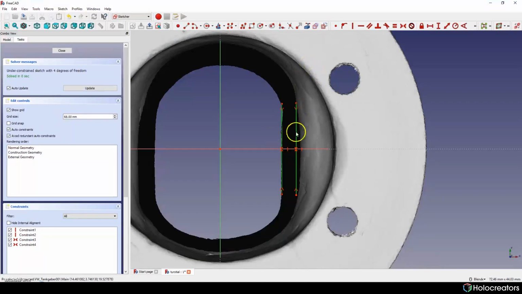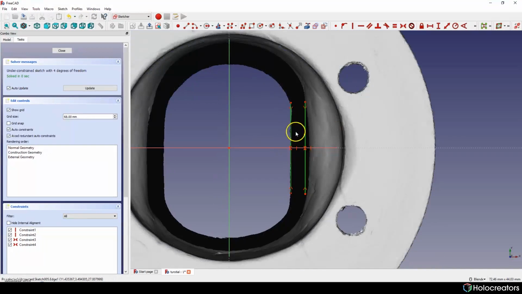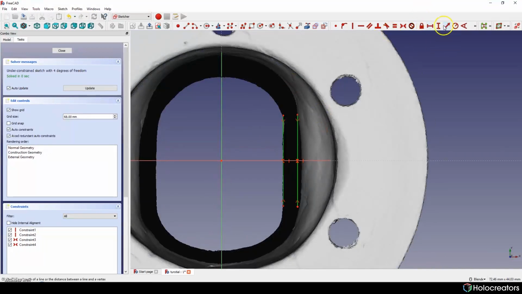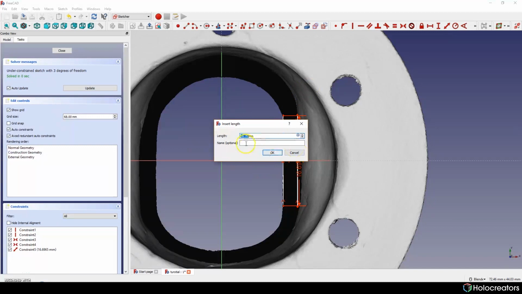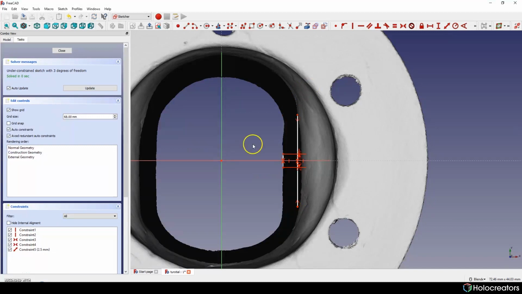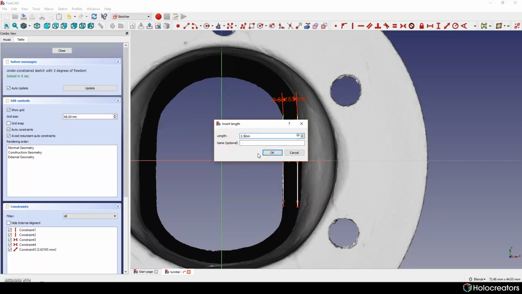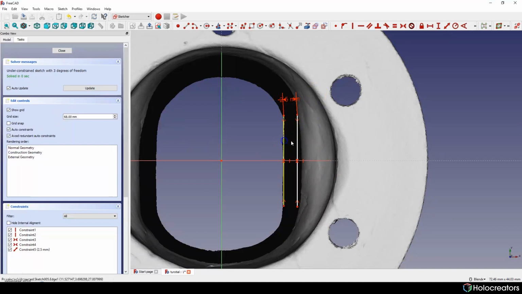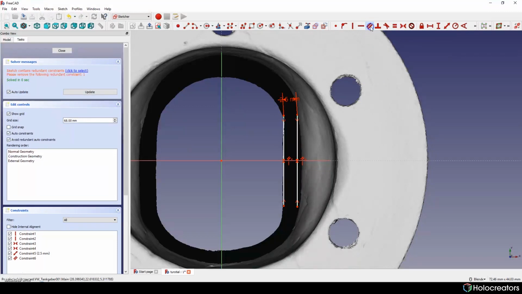Also, as we have thickness of our model about 2.5 millimeters, I'm gonna put here distance between these two lines. It's gonna be 2.5 millimeters. Oops, it's wrong. 2.5. Also, I want these two lines to be parallel to each other.